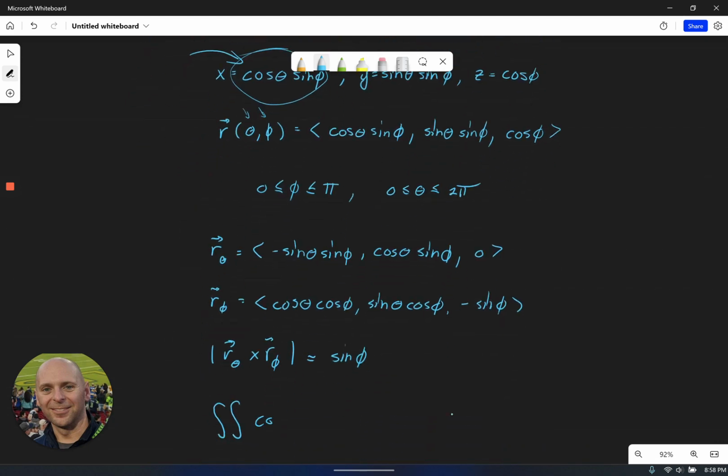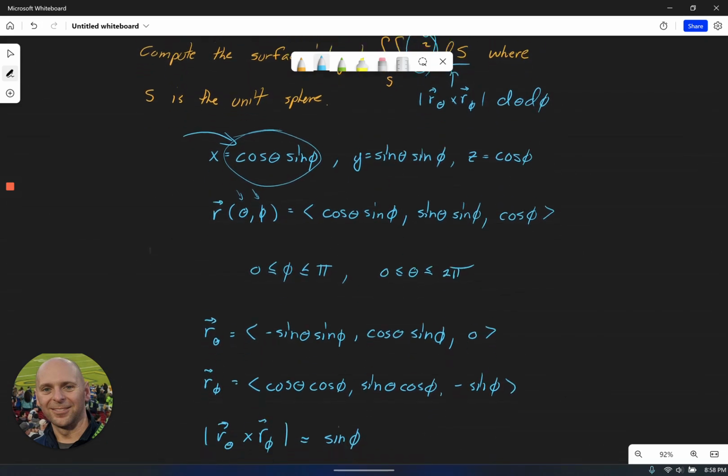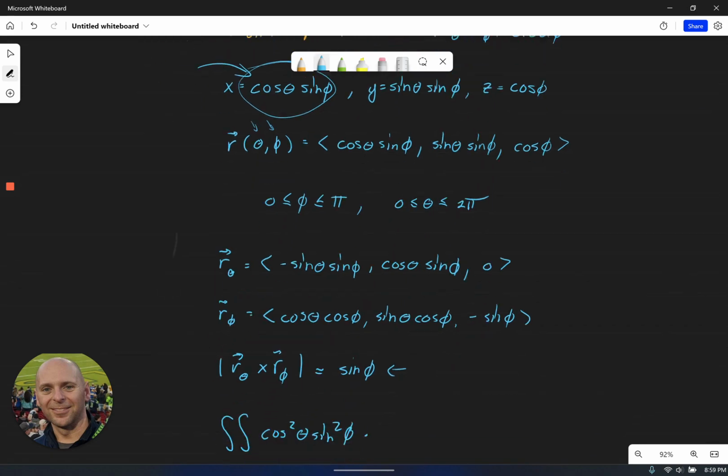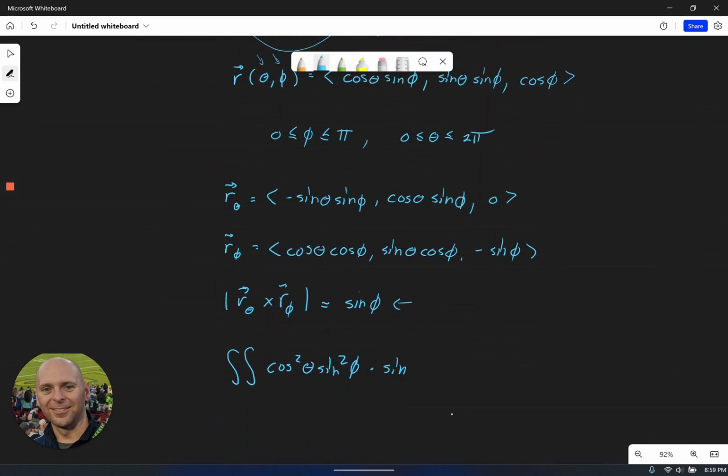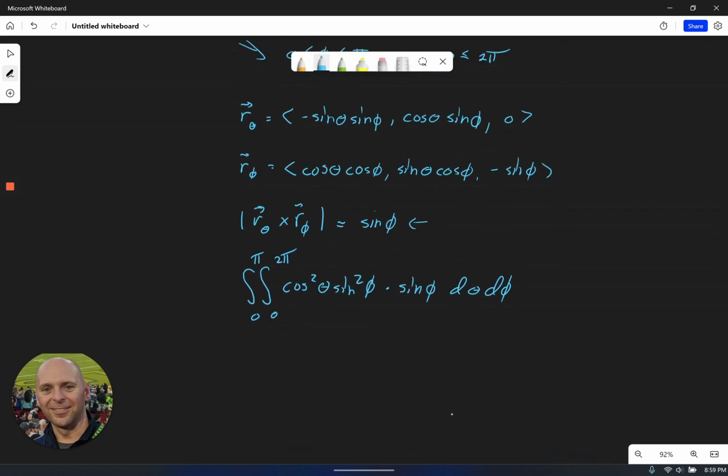So we're going to have cosine squared theta sine squared phi times that magnitude of the cross product. Again, we determined that to be sine phi. And then we need a d theta d phi. And let's throw in our bounds. We decided we want the whole surface, so our bounds are going to have phi going from 0 to pi and theta going from 0 to 2 pi. So at this point, it's really just like any other double integral we would solve,